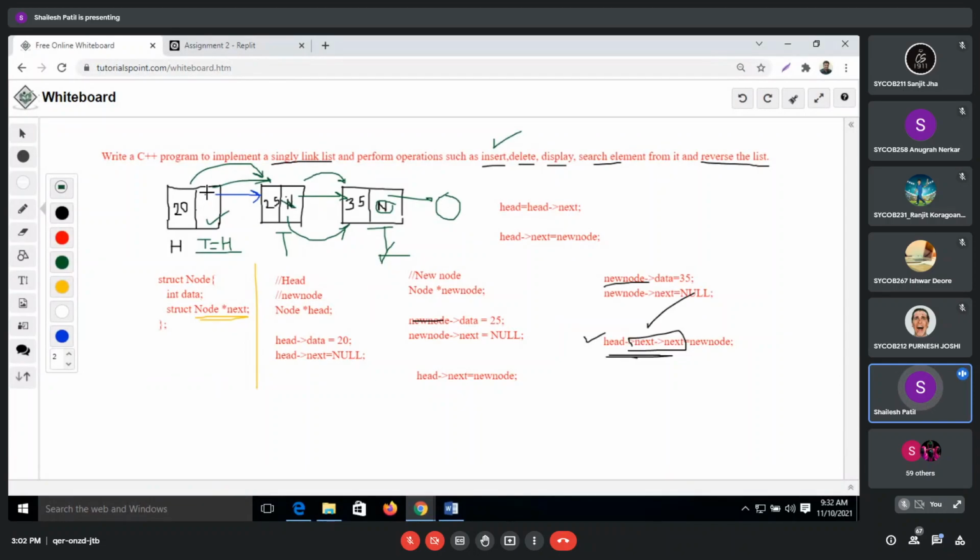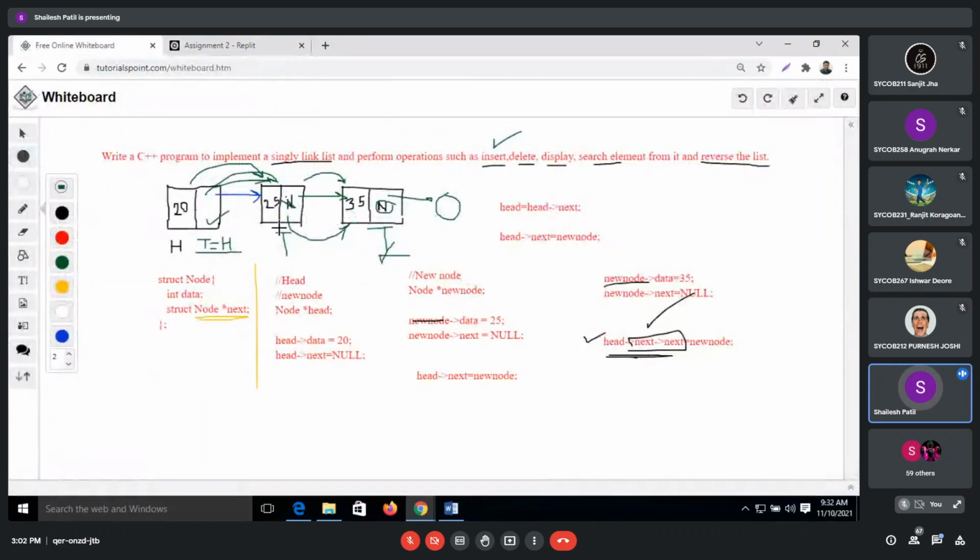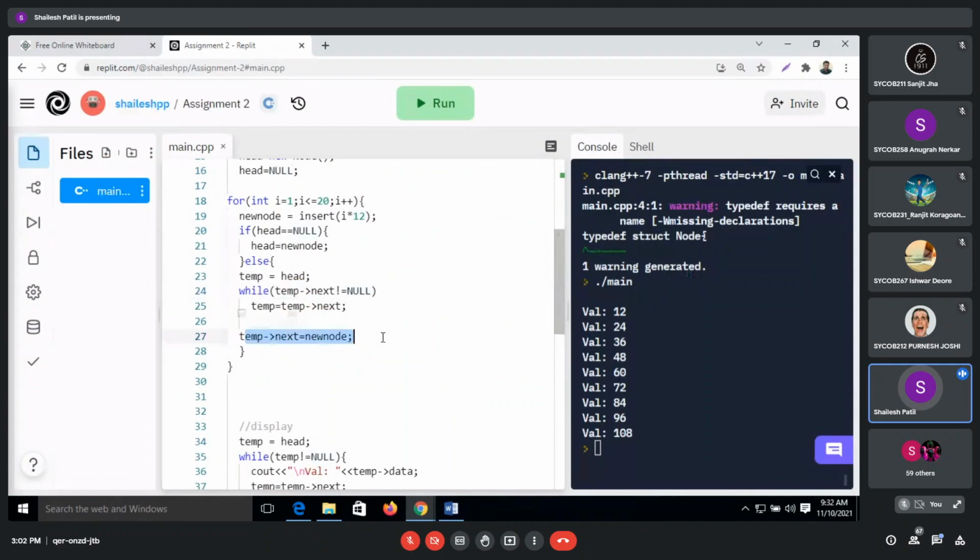It will check whether next is null; next is not null. So again we make temp equal to temp next, and temp moves to this node. Again we check whether temp next is null. Yes, temp next is null, so there is no element after it, and it will add the new element. Similarly, it continuously moves temp until it gets next value as null. Clear? Yes, sir.